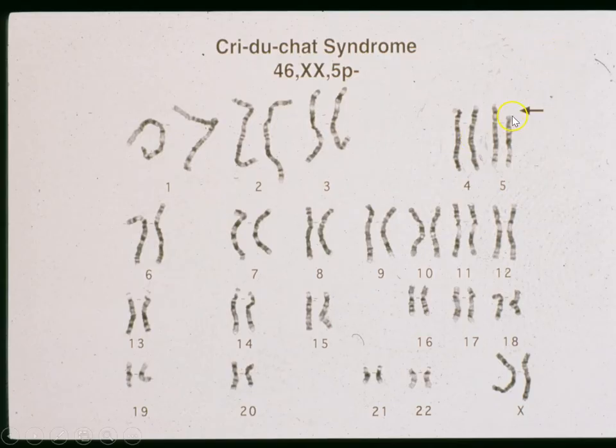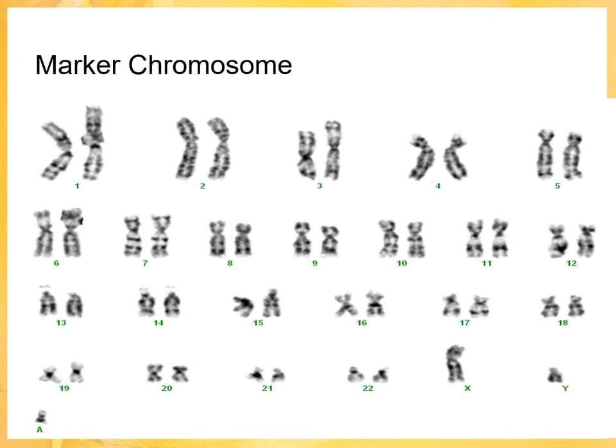So here we have a terminal deletion on the short arm of chromosome 5. You can see where the arrow is. It's always helpful when there's a large piece of material missing. If we can see this through cytogenetic analysis, there's a lot missing. A marker chromosome, which we often see in cancer, is when we have this little extra piece and we're not sure